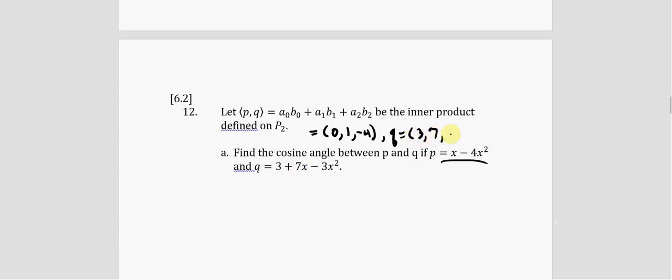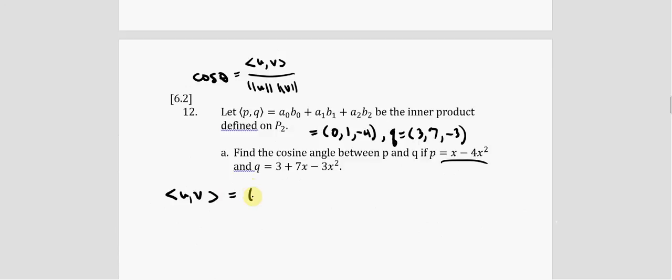So we want to look at the cosine. Remember, the cosine is defined. Cosine theta is equal to the inner product of u and v divided by the norm of u times the norm of v. So we got to find the norm of u, and then we got to find the norm of v. So the inner product of u and v,